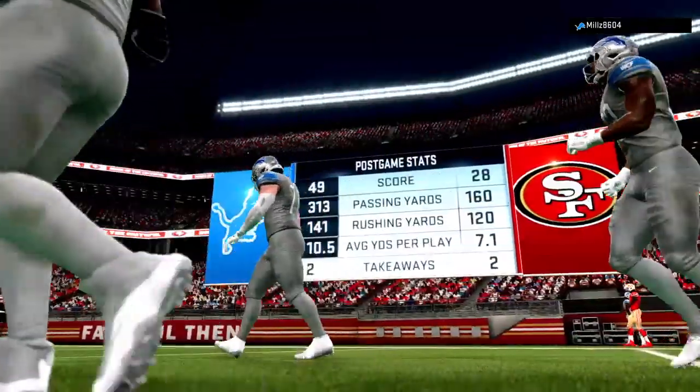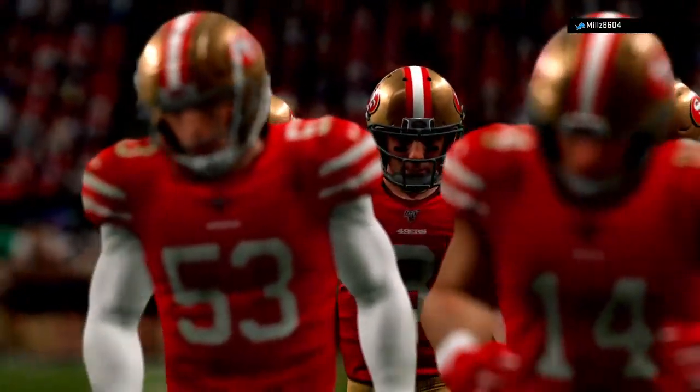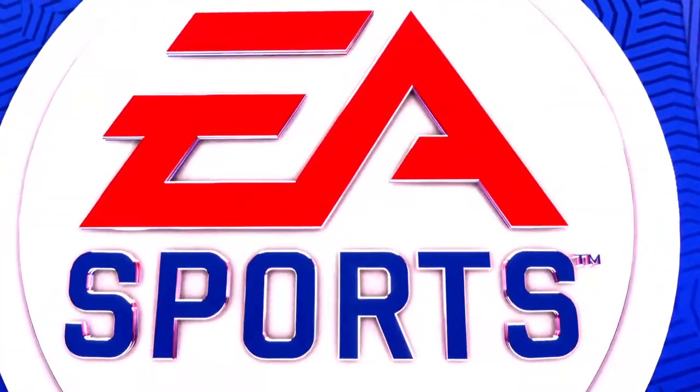So for the Lions, they did what they needed to do. They split their first 2 road games of the year. And they'll get another road test next week as they head to